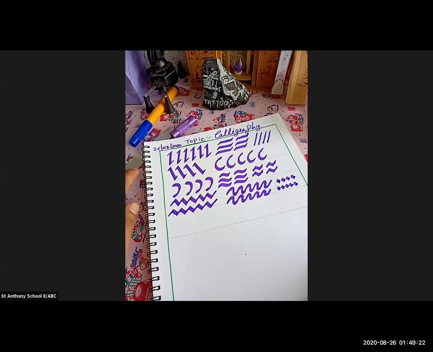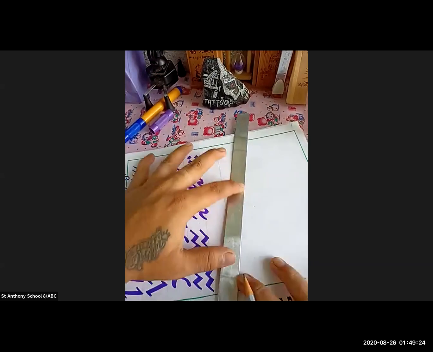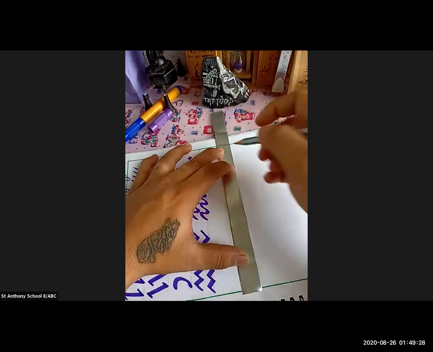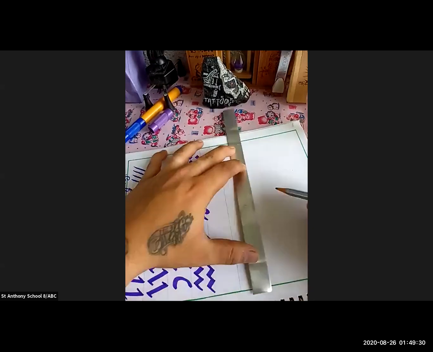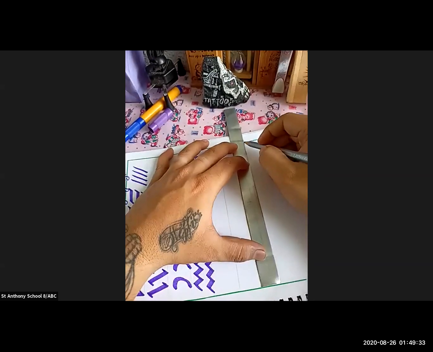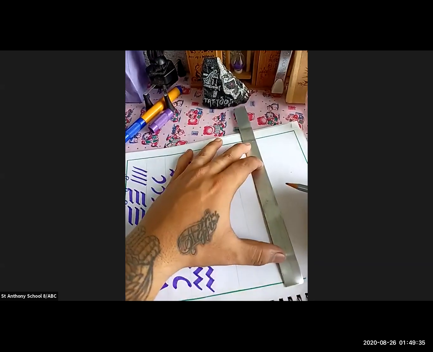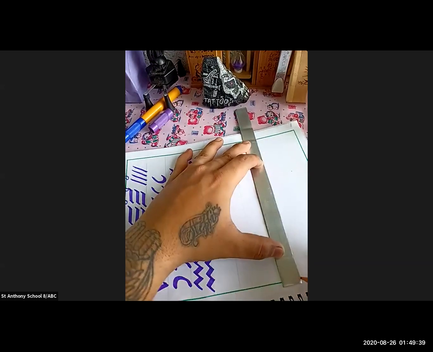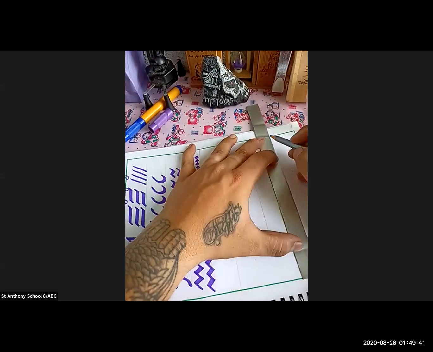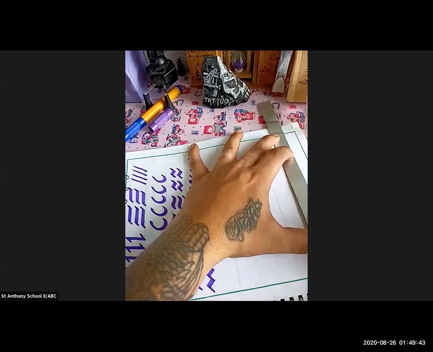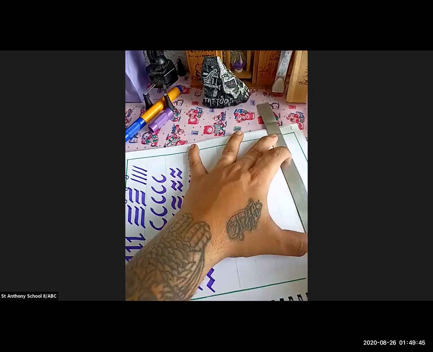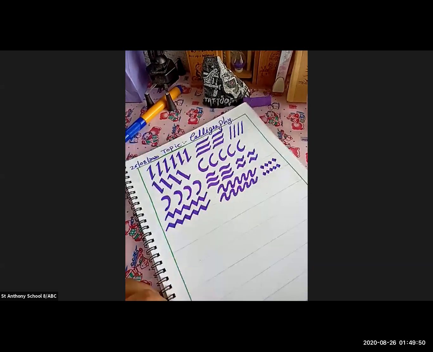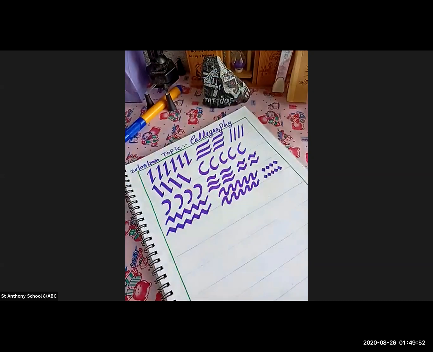I hope each and everyone can see the book. Whenever you're starting with any kind of calligraphy, first you have to draw the lines over here. If you're doing it in a plain drawing book, you have to draw the straight lines over here. Am I clear to each and everyone? I want each and every student to pay attention and reply to me. So first you have to draw the lines, and then here we begin with our calligraphy.